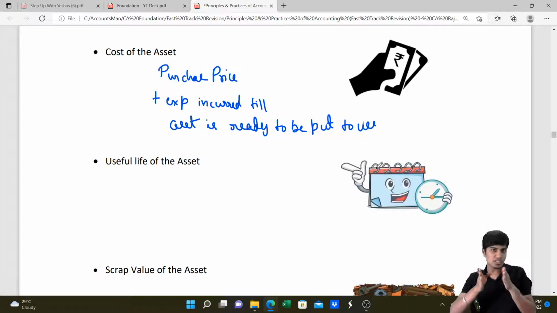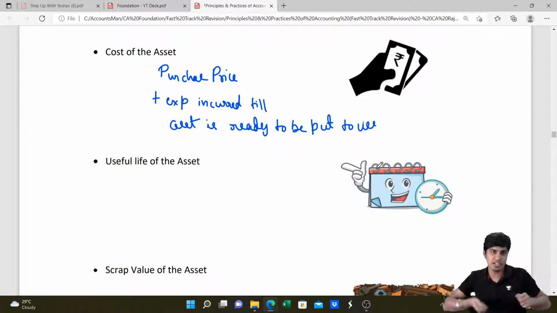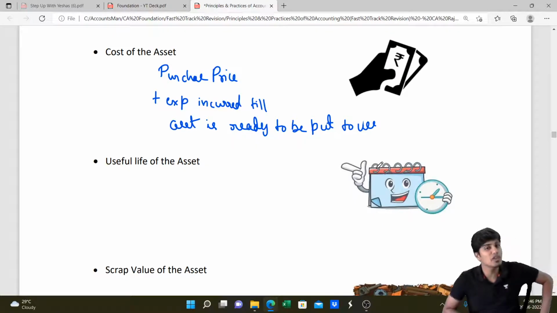Useful life refers to such definite period of time for which the asset can be used for the purpose it was intended. Let me repeat. It is a period for which the asset can be used for the purpose it was intended. If a truck is made and the truck was used for the first 8 years for transportation, next 2 years with 4 stones next to the wheels to make gobi manchurian inside it, then the next 2 years the truck was used as a stationary item as a fast food joint, that doesn't count in the useful life of the asset,